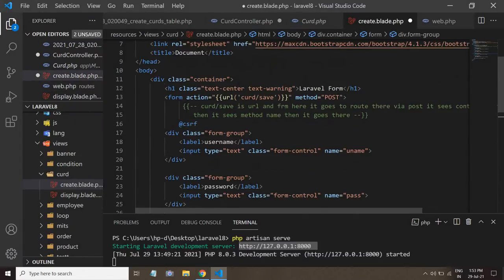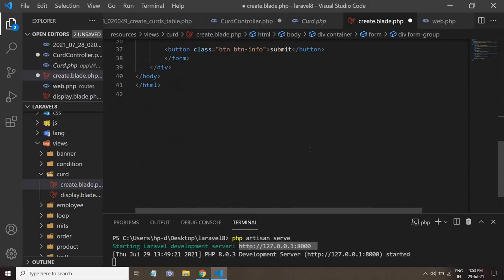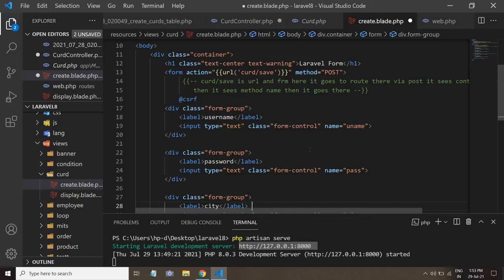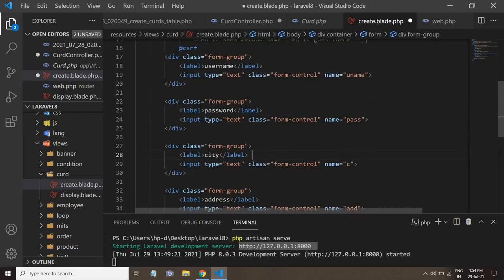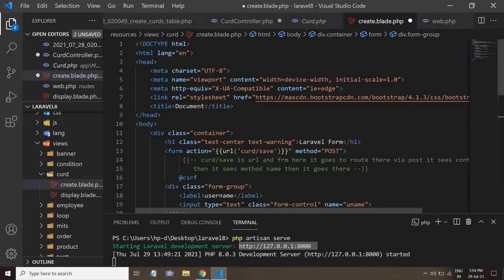See, for example, we don't know anything, like this is our page. So what is the URL and all, we don't know anything. So what we will do is that we will see this create.blade.php, where it is in the card. Okay, it is inside the card folder. So to know where it is,